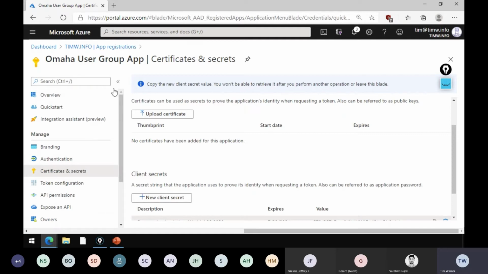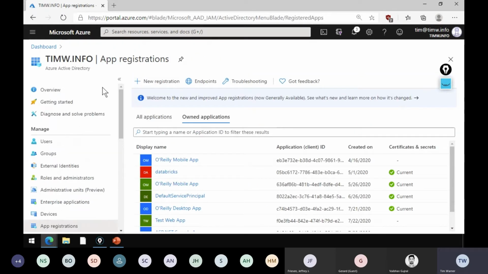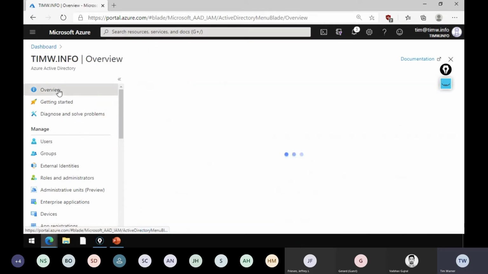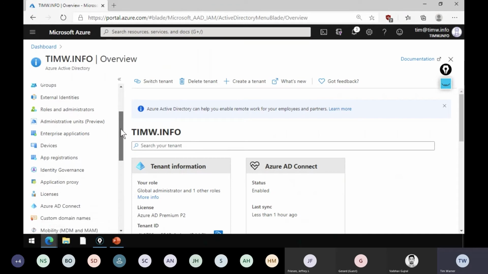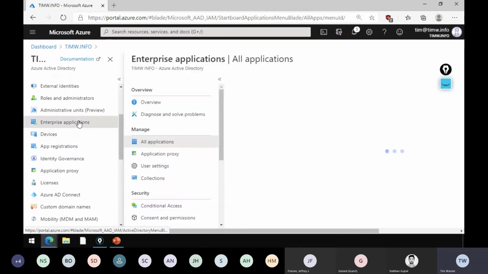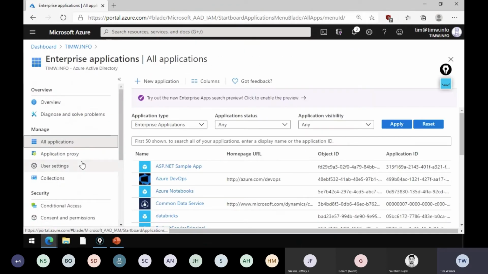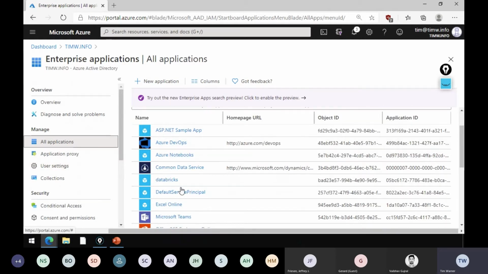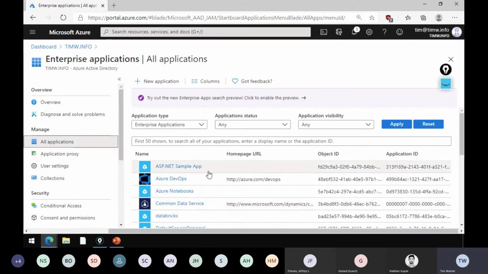Okay, where was I going with this? Yeah, if we step out of the app registrations blade, let me see if I can get back to my tenant from here. Yeah, we've got the enterprise applications list. And again, I still think it's a little bit confusing, maybe a little bit more than a little bit. But this is where the service principal is. So what we can do here in this list is filter for Omaha.